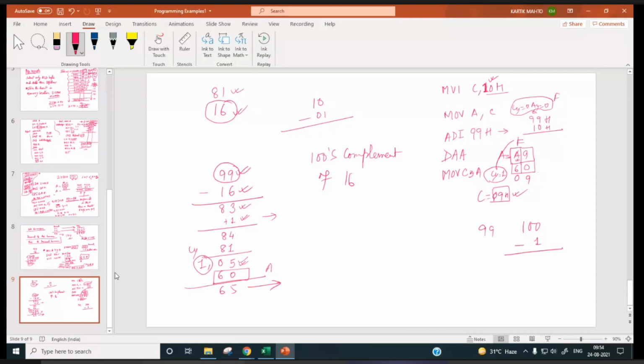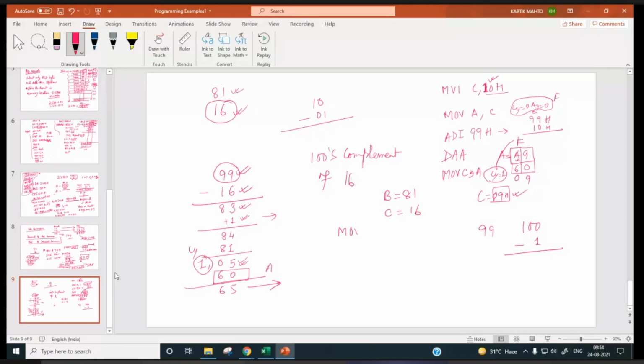So what will be our program? Suppose we have in B register 81, and in C register we have 16. So what we will do?